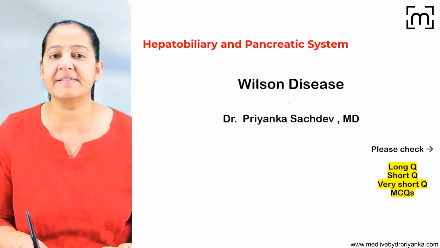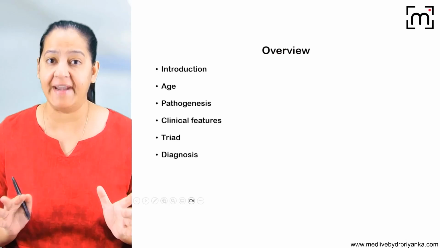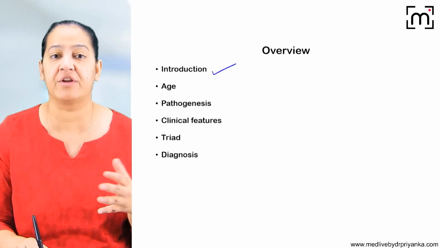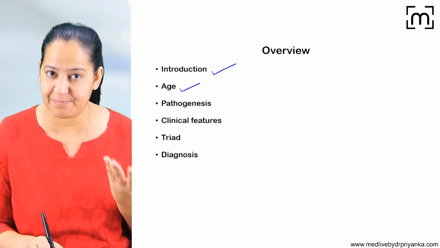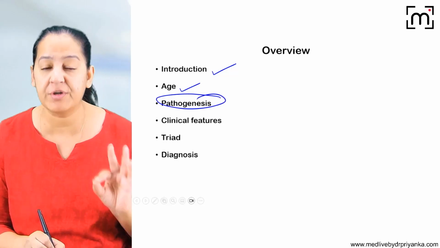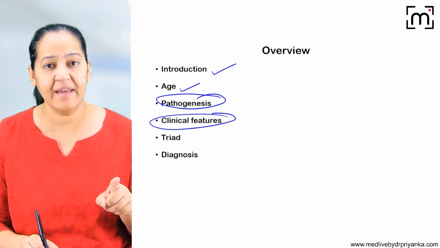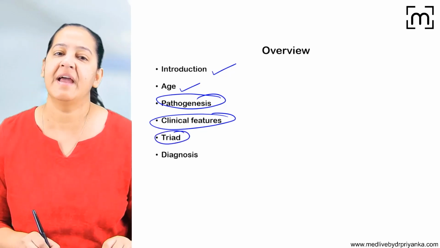Here you can see we are starting Wilson's disease. First of all, I will let you know the overview, the headings under which I am going to describe this disease. First, the introduction: what do you mean by Wilson's disease? Then we will see the most common age at which it presents. Then, most importantly, its pathogenesis and the mutation. Then we will see the clinical features, among which three important features make the triad of Wilson's disease, and finally